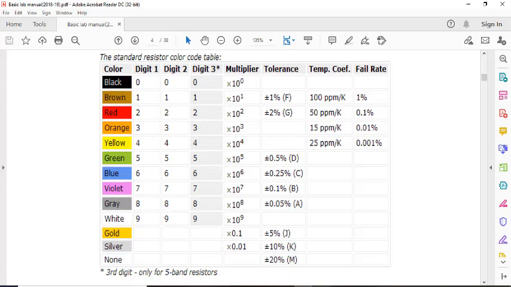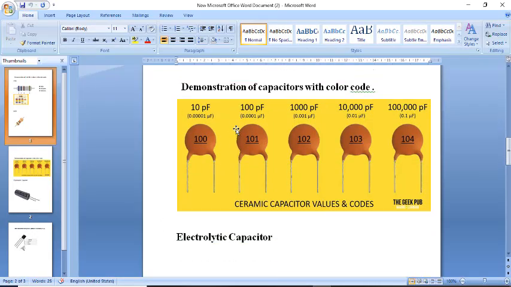Now we will move to the capacitor. So there are two types of capacitors. This is the ceramic capacitor. How do you identify the ceramic capacitor? The length of both legs is the same, so you can use either point as positive or negative, vice versa. There are no unique polarities for any particular leg. So you can easily use either point as positive or negative.